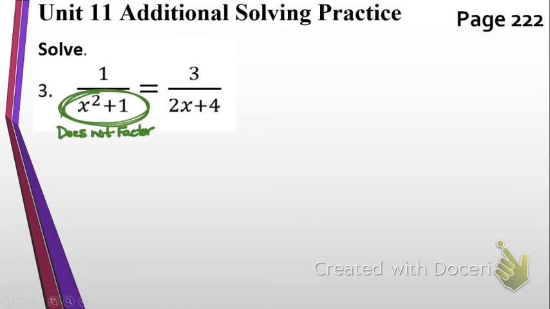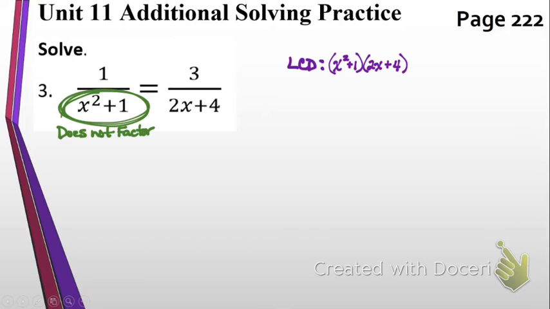Since it does not factor at all, is this a multiple of that? Is 2x plus 4 a multiple of x squared plus 1? No. So I'm going to write down my LCD. What do I need to include in my LCD? Yep, I need to include both of the denominators, x squared plus 1 and 2x plus 4. I know there's a GCF in the 2x plus 4, but it was the only other